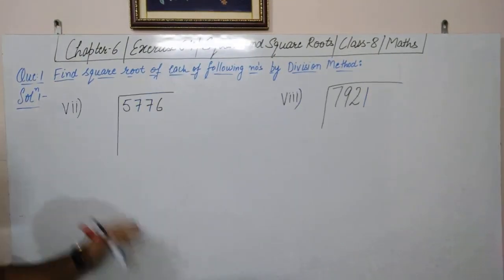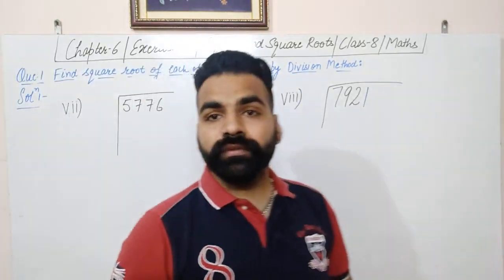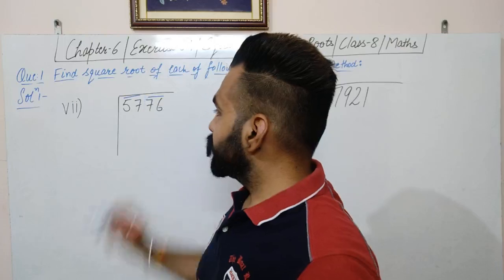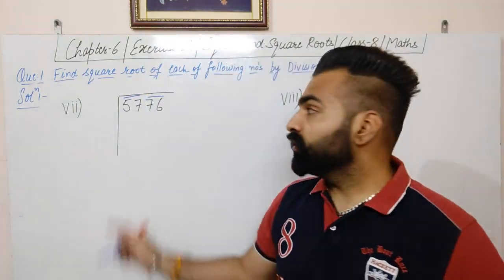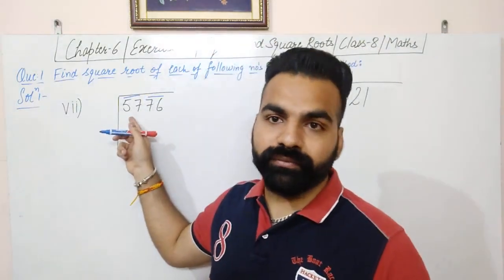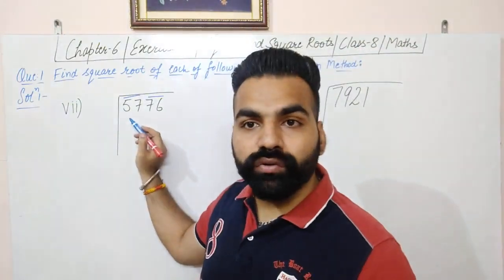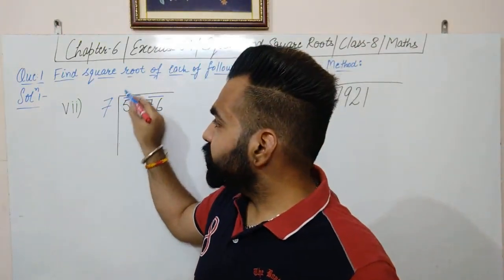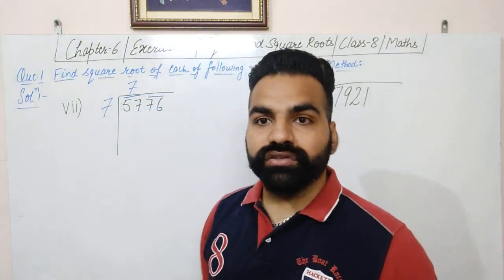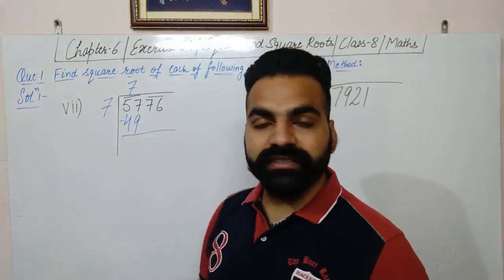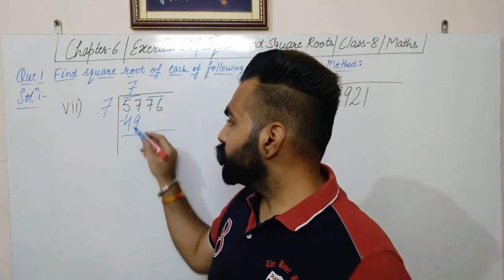So the seventh part is 5776. What we will do, we will put a bar on 76 and 57. So we have to check a perfect square number which is less than 57. That is equal to 49. So we will take 7 and 7 here. So 7 into 7 is 49. Subtract 49 from 57, which is equal to